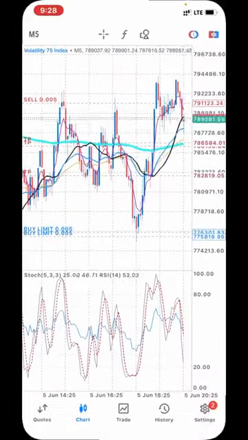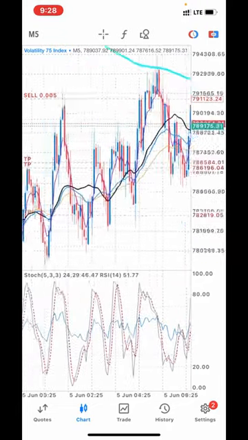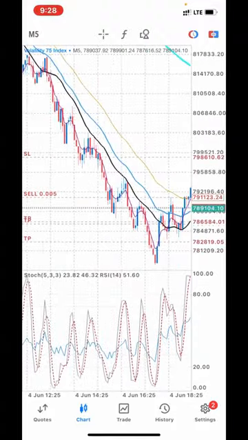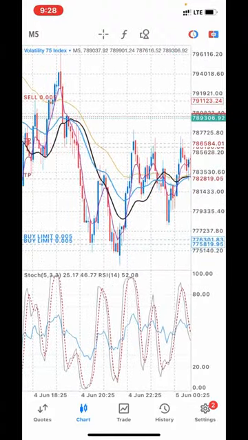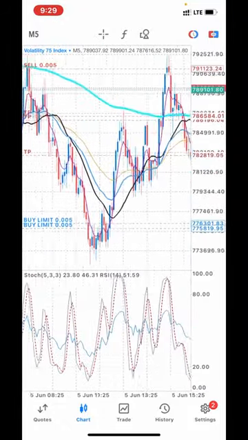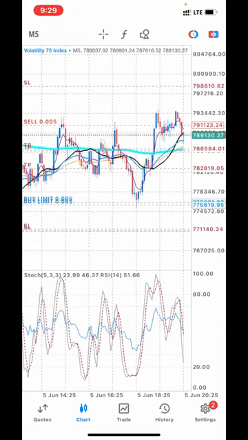If not, I would have actually given you some little analysis, how I get my signals, how I make my entries and all that. If you check below, I have a buy limit, because I noticed it has been doing the same thing at this point. As you can see, I'm scrolling back. You see from here it started giving this support and resistance at this point. So I've been buying and selling. Do you understand? So I've actually placed 2 trades on buy, and my SL is just a bit below.